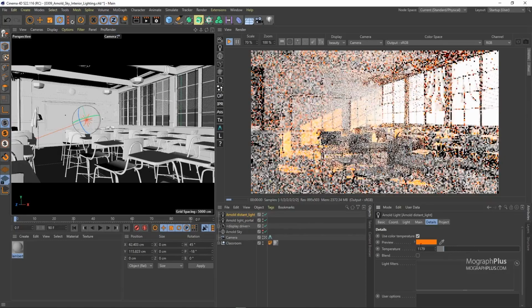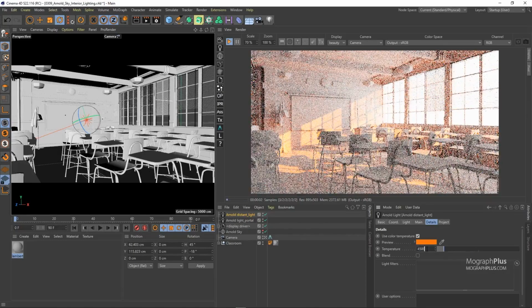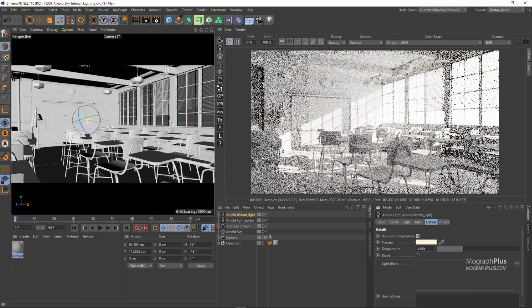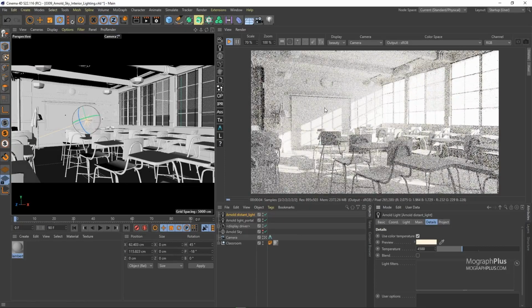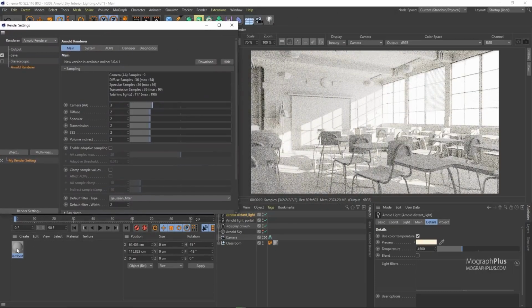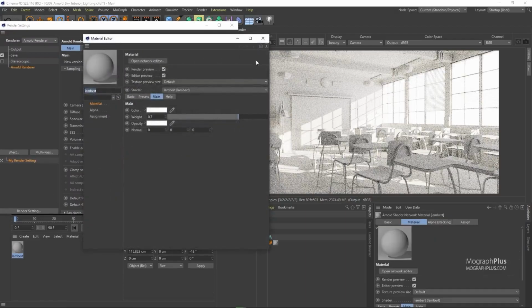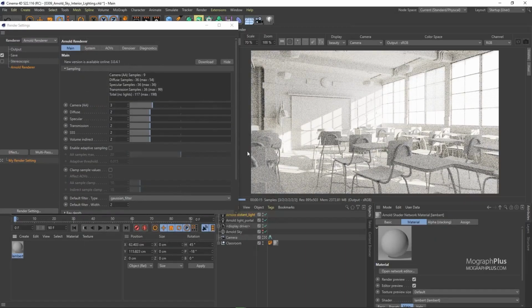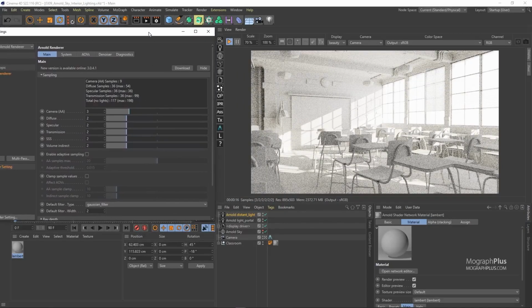And finally, we need to deal with our GI or our diffuse indirect noise. Now, to get an acceptable result, I know for this scene, I need around 2000 diffuse samples. We are using a simple Lambert shader on our entire scene. That's why we're only concerned about diffuse samples. If we had any shaders with specular reflections, transmissions, or subsurface scattering, you need to make sure to increase those